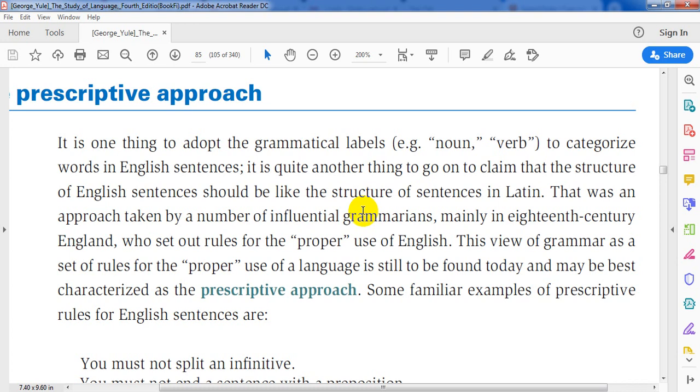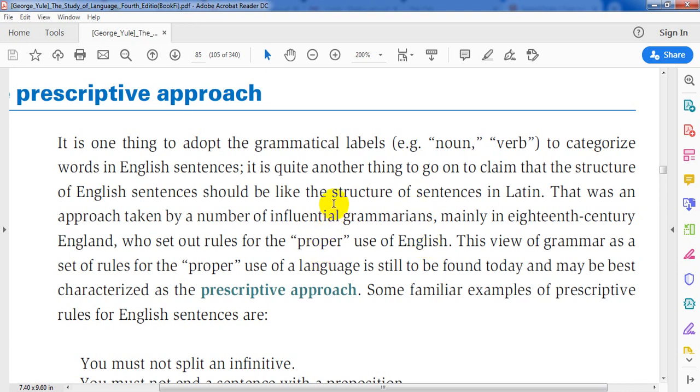You must follow those rules of grammar if you want a proper English sentence. So those grammarians in the 18th century set some rules, and this is for the proper use of English. They set a set of rules, and new learners of English or native speakers should follow those rules